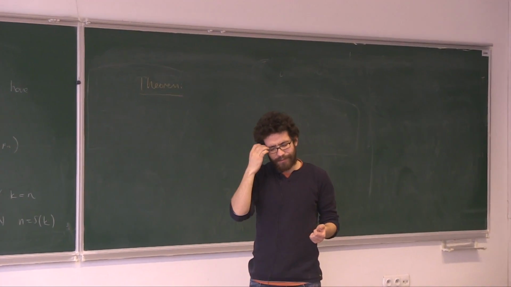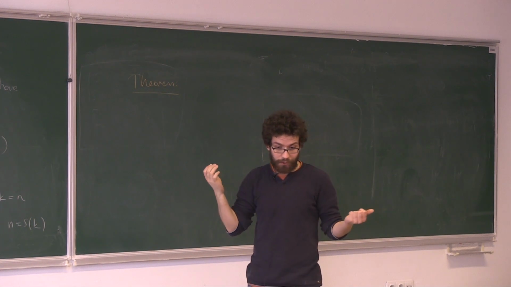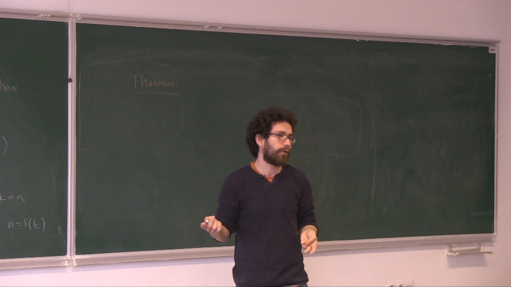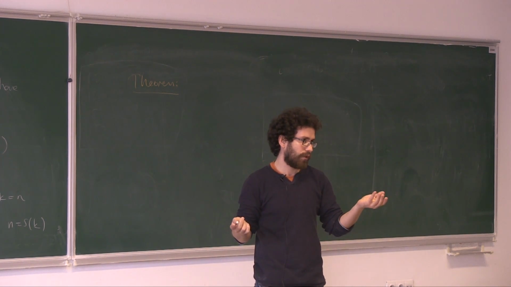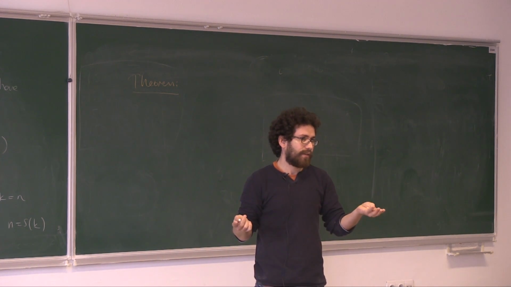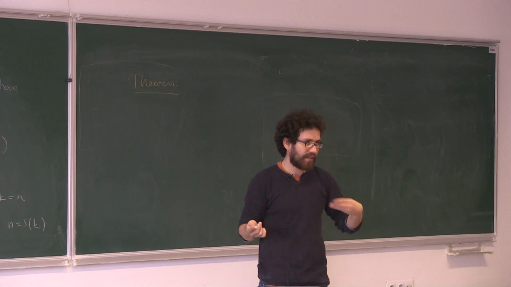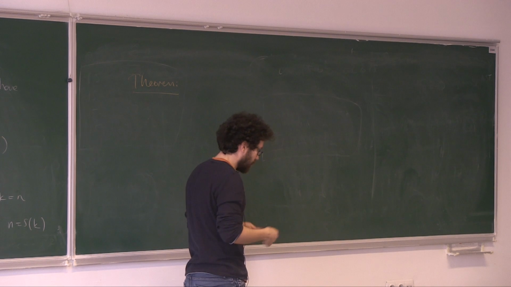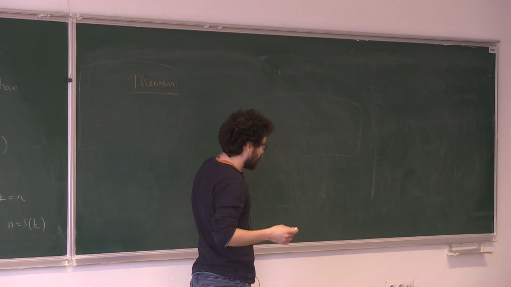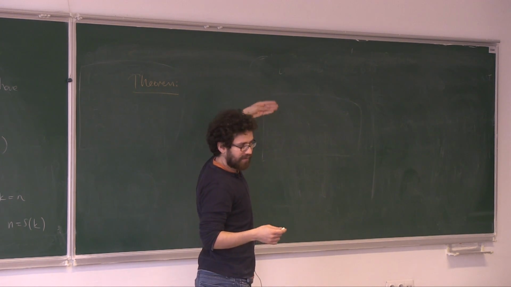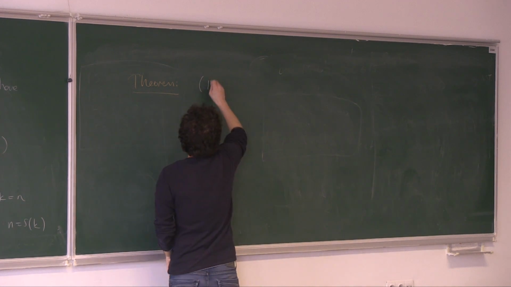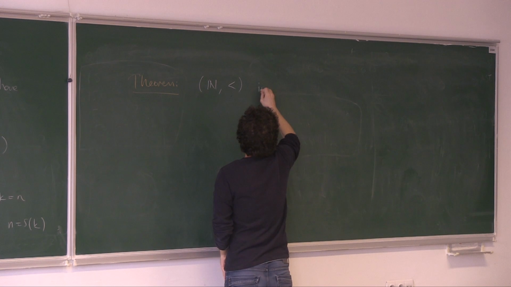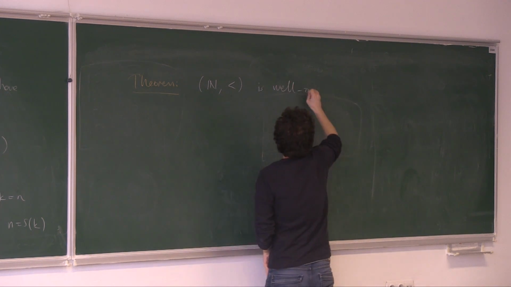Now let's prove a very important theorem. Important as in, well, okay, all of you know that you might have learned in like 111 or 116 that every subset of natural numbers has a minimal element, right? Which is the same thing as saying that natural numbers are well ordered by the usual ordering. Well, that's true. We use this a lot. This is why I said this is important. I'm not implying that this is difficult, but it's important. This is used a lot. It's the following fact. This set is well ordered,